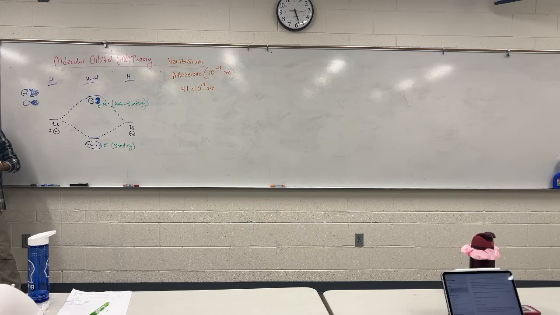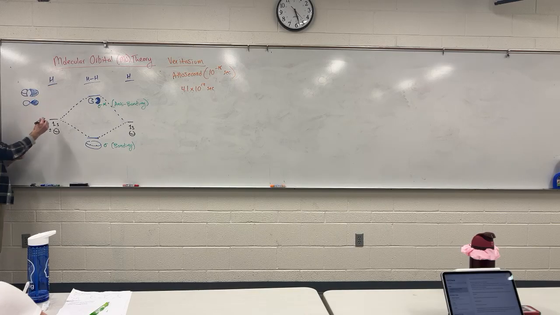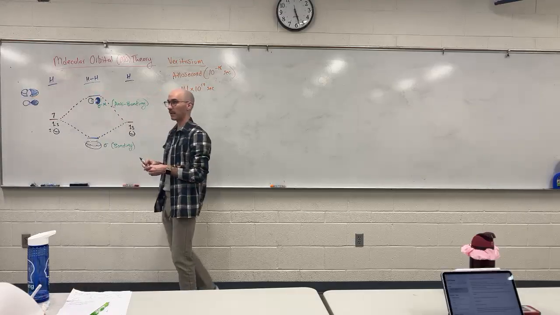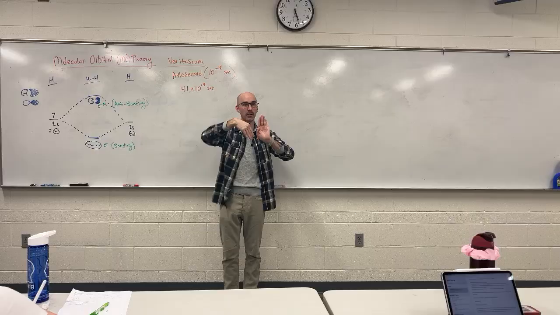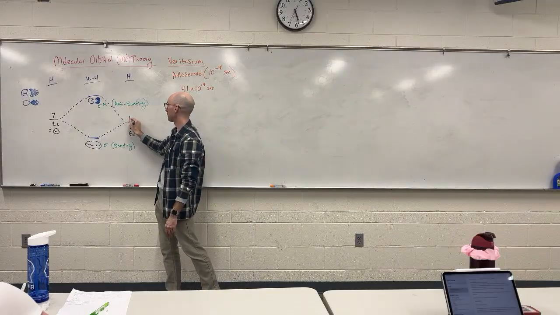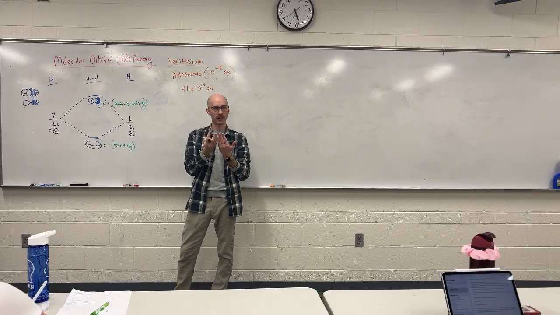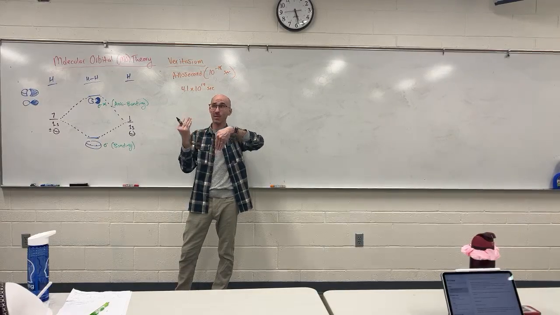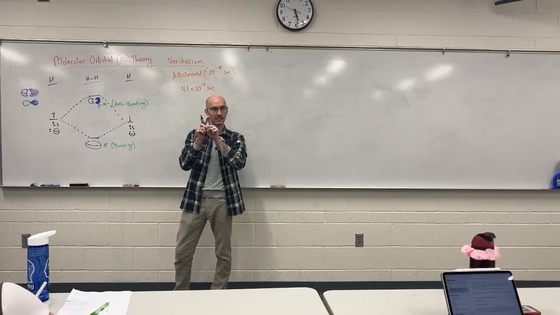So let's occupy them. Hydrogen atom, how many electrons will it bring with it? 1. So we'll draw 1 electron on each side. Now for consistency, I'm going to show these electrons as they're going to show up later on. So I'm going to draw 1 up and 1 down. Why is it important that electrons that will pair come 1 up and 1 down? Opposite spin, which means their magnetic fields are opposite, which means these tiny little magnets are going to like each